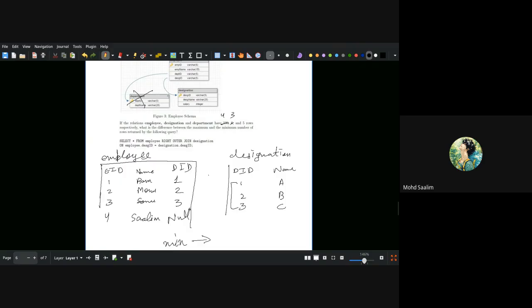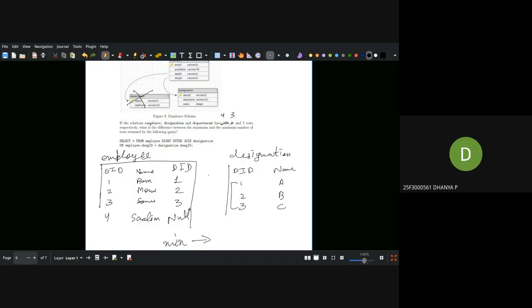Okay, enough talk with the concepts. Sir, I have a similar kind of question in the mock also. Here the same question but with a full outer join. What is the maximum number of rows? Full outer join. Let's see the question itself. It will be relevant to that, let me just go. Question number 15, I guess.